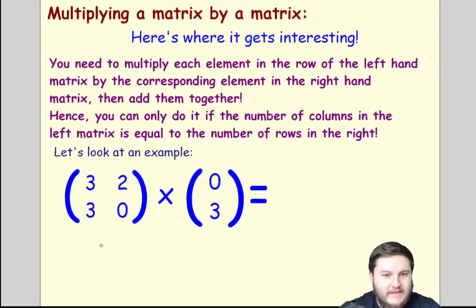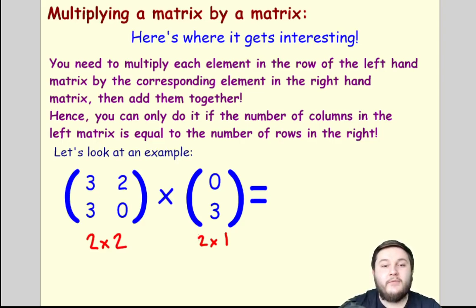So this is quite an interesting idea. This is a 2 by 2 matrix, and this is a 2 by 1 matrix. Now, we are perfectly okay multiplying these matrices together because the number of columns, which is this number here, is equal to the number of rows in this one, which is this number here. So if these two numbers match, then we can multiply these matrices together. Just before we actually multiply these together, I want to quickly talk more about making sure that the dimensions are right, because if the dimensions are not right, you won't be able to multiply them